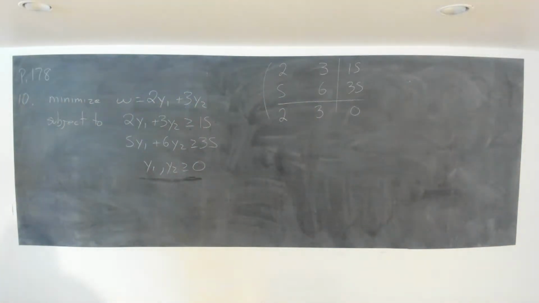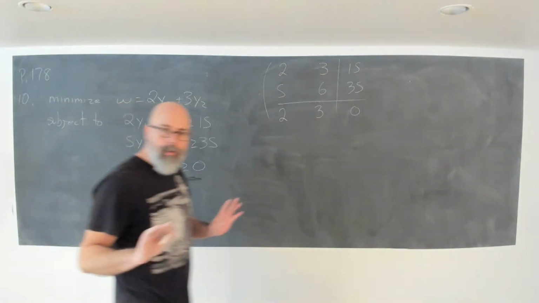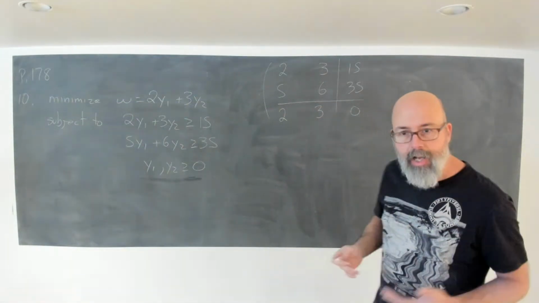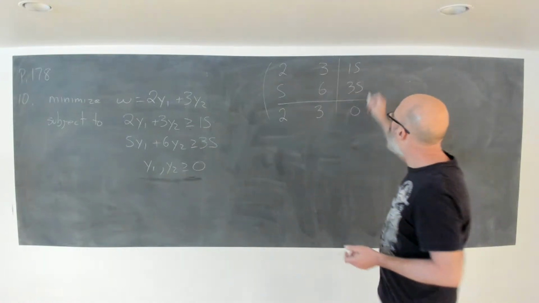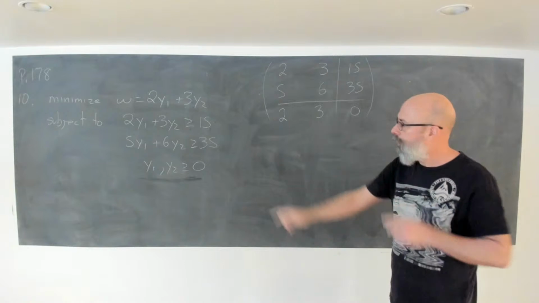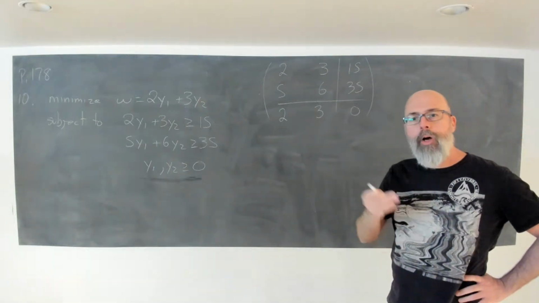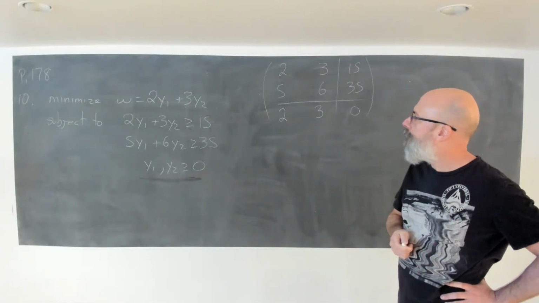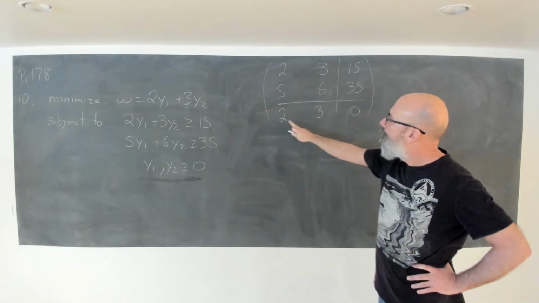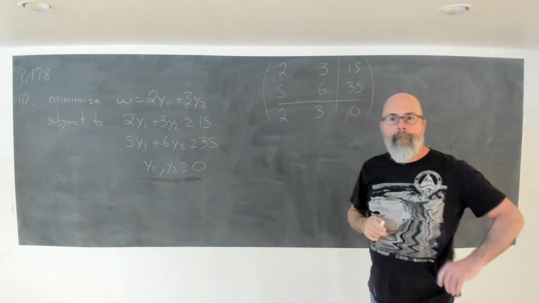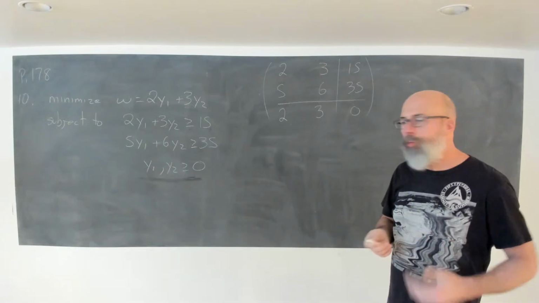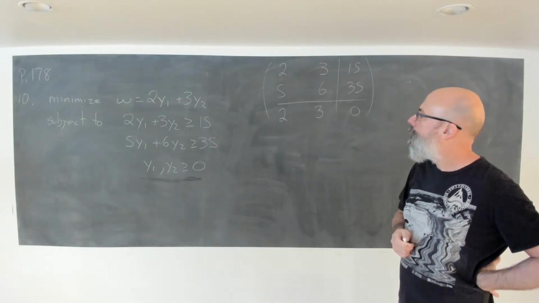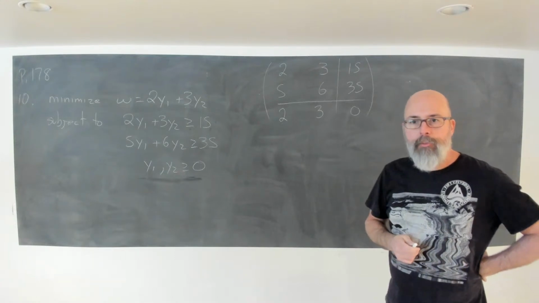Here we're just finding the dual problem. Right, we're not introducing slack variables or anything of that sort. We are just finding the dual problem, right? Because we have a standard minimum problem. I'm just suggesting that we're going to rewrite this as a standard maximum problem